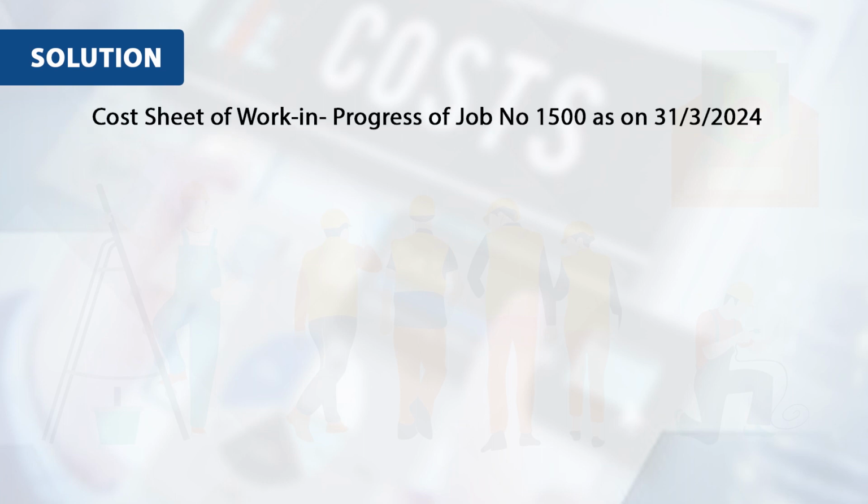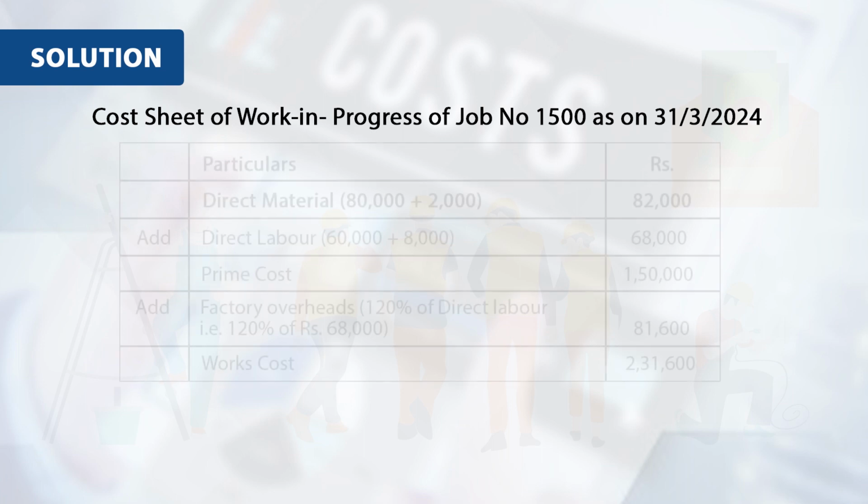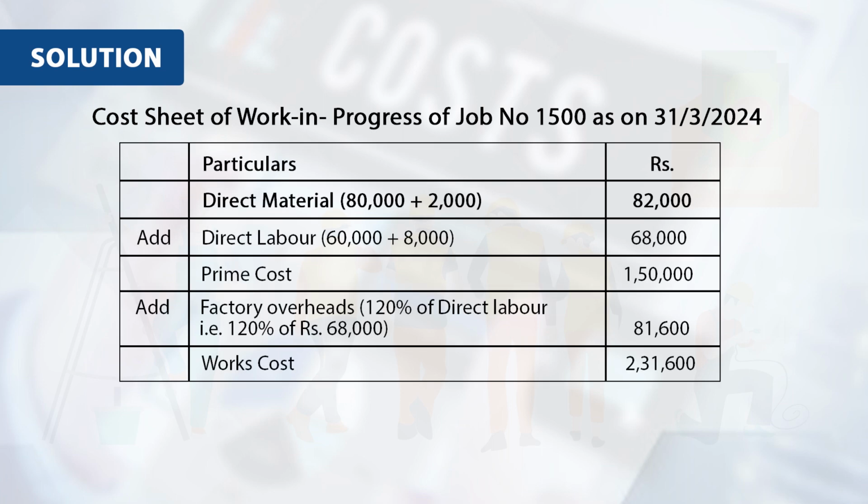Let's prepare the cost sheet of work in progress of job number 1500 as on 31st March 2024. We will prepare two columns, particulars and amount in rupees. Direct material 80,000 plus 2000, that is 82,000. Add direct labor 60,000 plus 8,000, that is 68,000, giving prime cost of rupees 1,50,000. Add factory overhead 120% of direct labor, that is 120% of rupees 68,000, amount is 81,600, giving work cost of